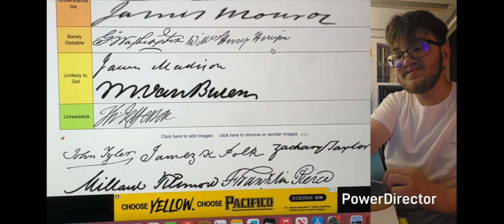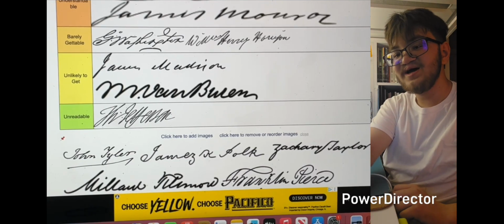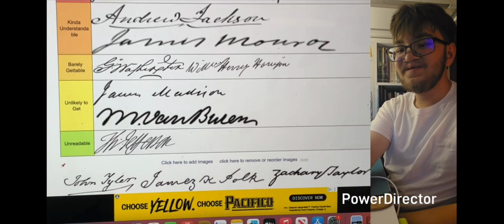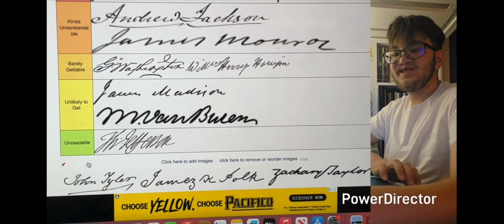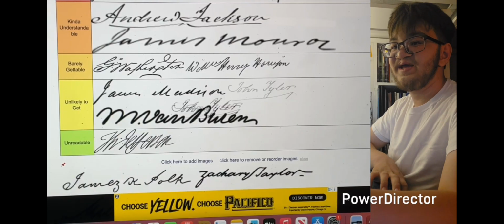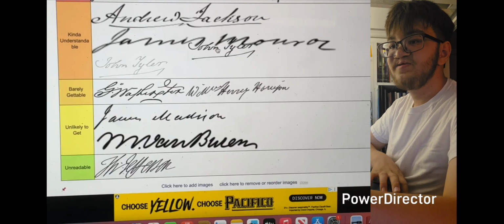Who else do we have here? Oh my god, John Tyler, my man. I can read you. It's an open book. Maybe that's how you became president. People can understand what you were writing. I'll put you in,